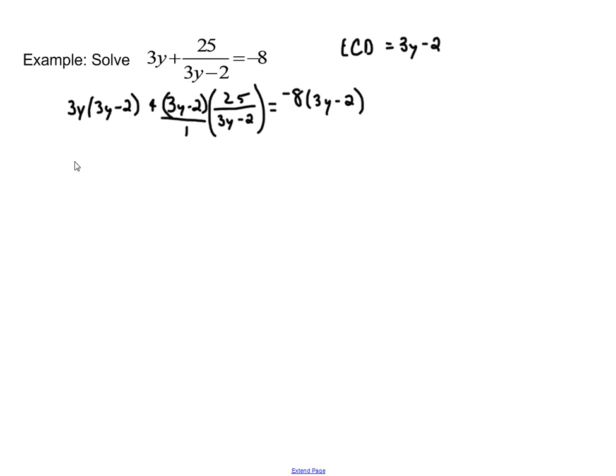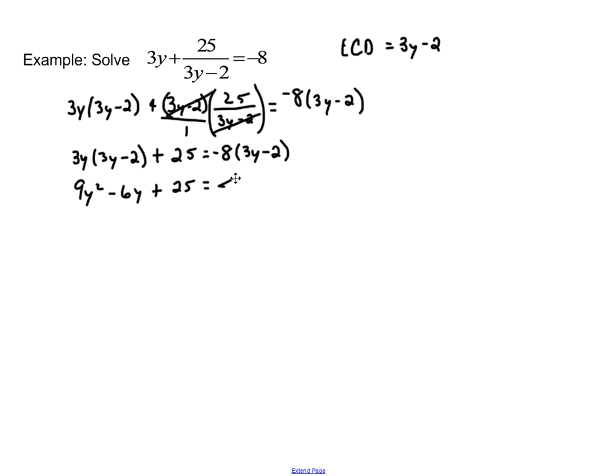All right, let's see what happens here. On the left, 3y times the quantity 3y minus 2 will be added to, after 3y minus 2 cancels, 25, and that will be equal to negative 8 times 3y minus 2. And so now we should simplify, so let's carry out our multiplication on the left. We're going to have 9y squared here, minus 6y plus 25 on the left. We're going to end up with negative 24y